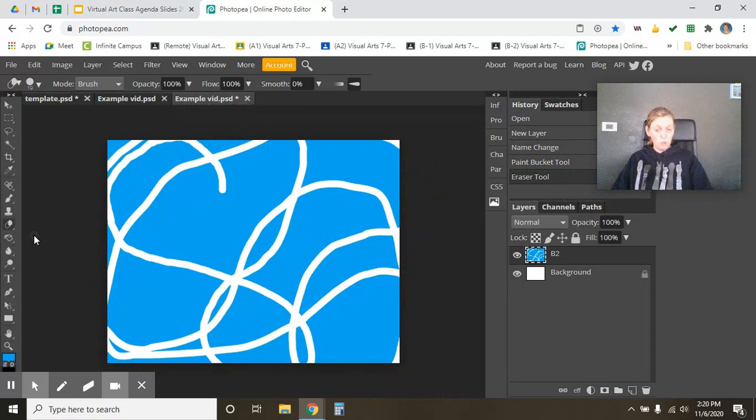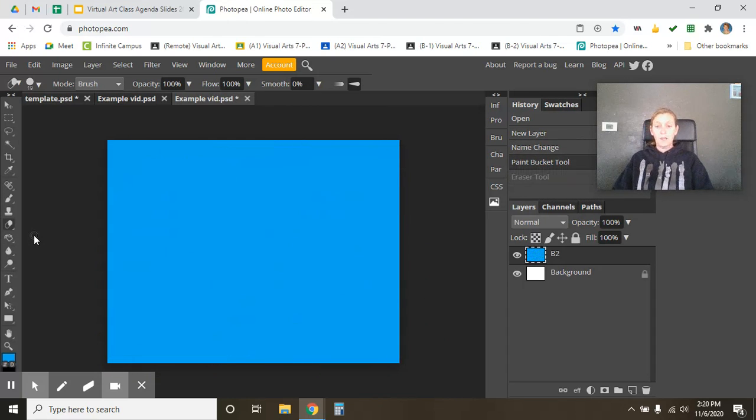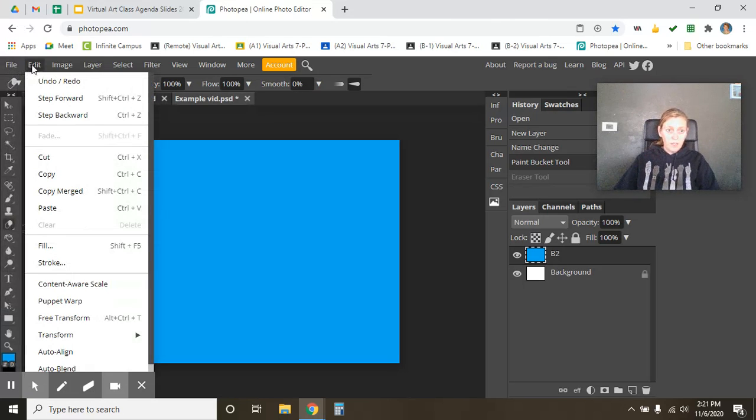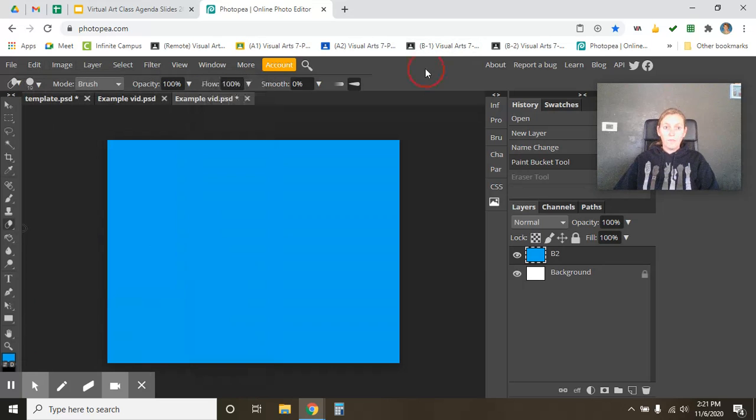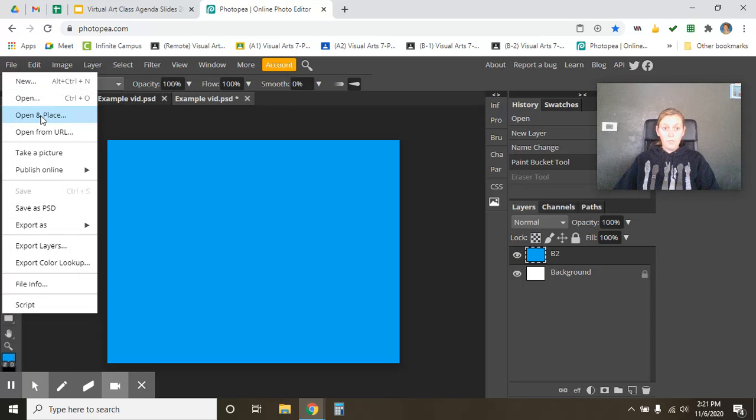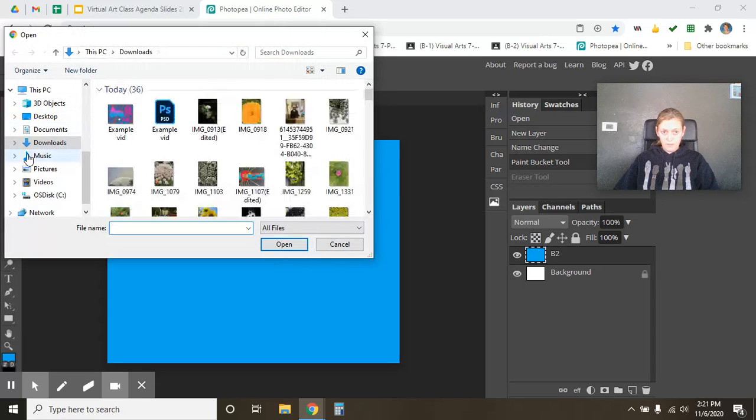And again, Control Z as in zebra is edit undo. And I'm telling you that's going to be your best friend when you're doing these design programs, because it helps you to work faster instead of going up here to edit undo every single time. Okay, let's bring a picture in here. So File, Open in Place. So if you go in and pull up whatever image that you've saved to your computer,